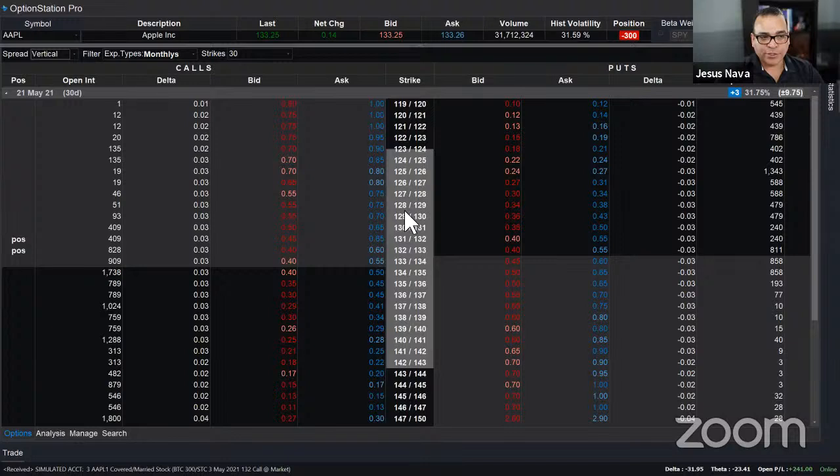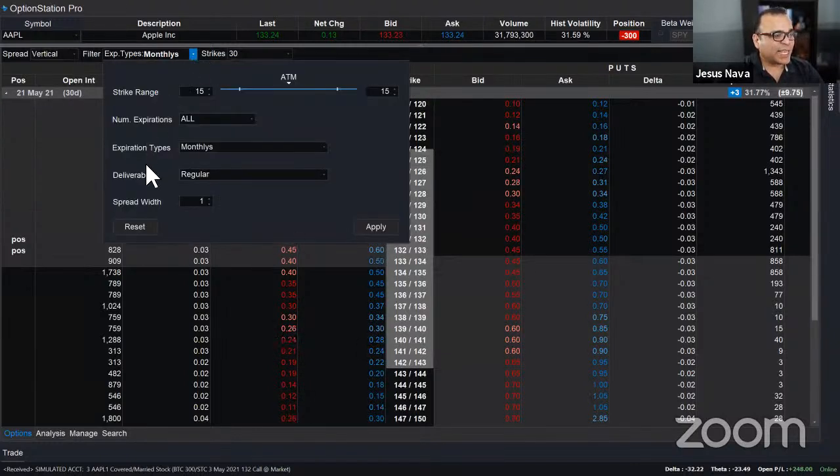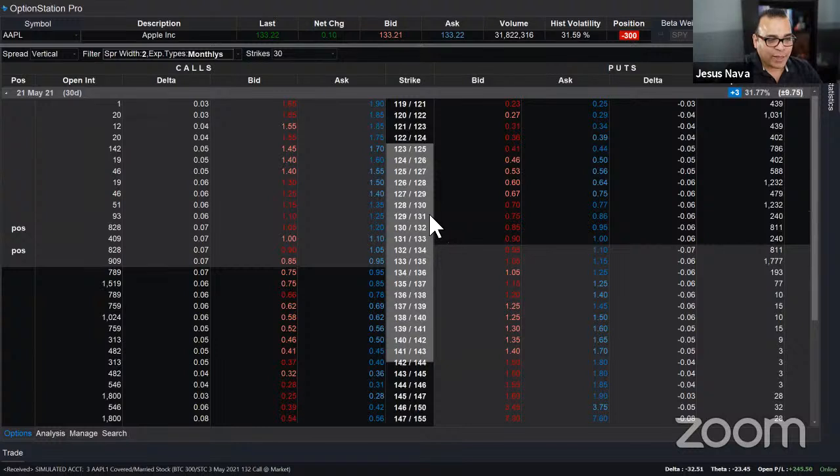You can see how it's using the 128 and the 129, the 129 and the 130. If you wanted to skip some strikes in between, let's say that you wanted to do the 128 and the 130 combination, but you don't see it here. That's because it's always grabbing the strikes that are next to each other. But you can tell the chain to skip strikes in between. Right here under filter, there is a spread width. It just makes your spread wider by selecting a different number. If I select 2, it's going to skip a strike in between. If I click on apply, then I look over here and I see the 128 and the 130. So it's skipping a strike in between and organizing your